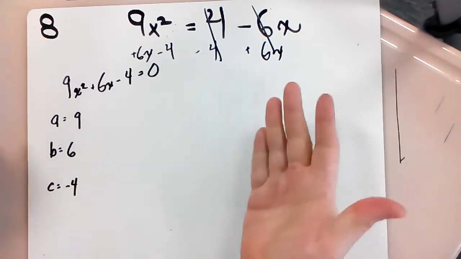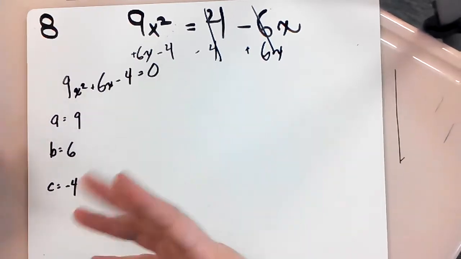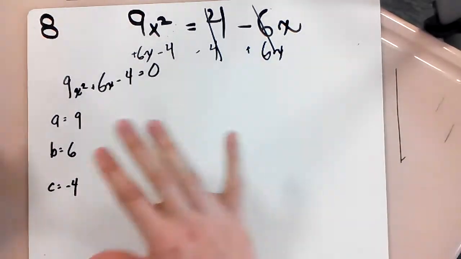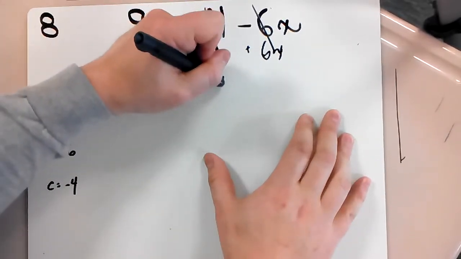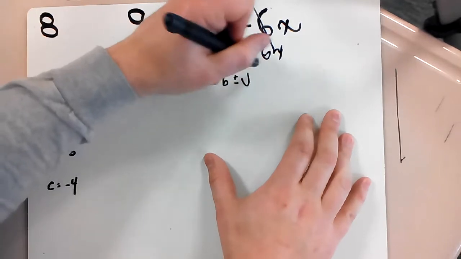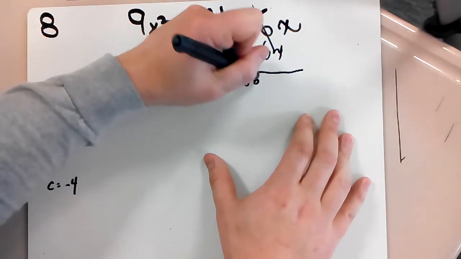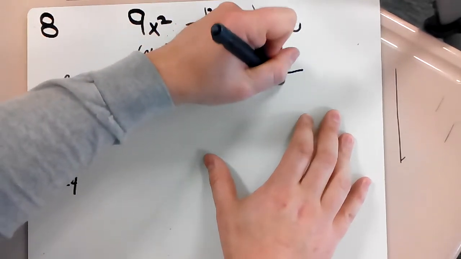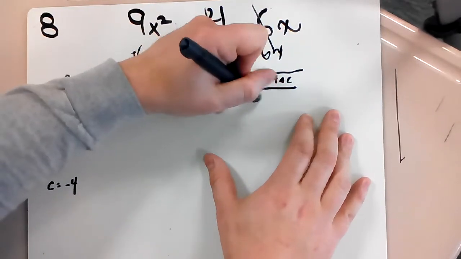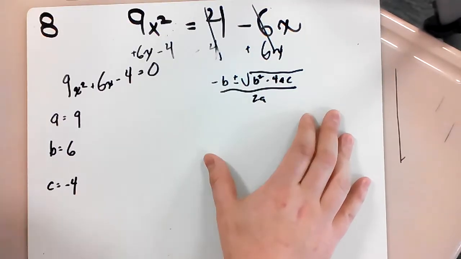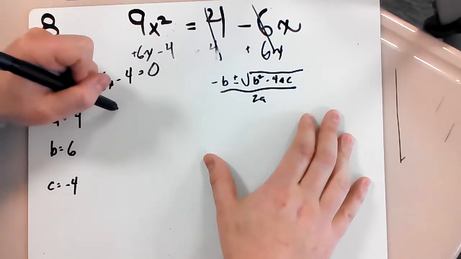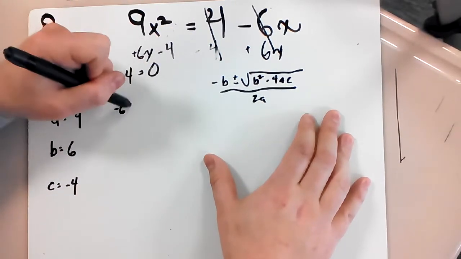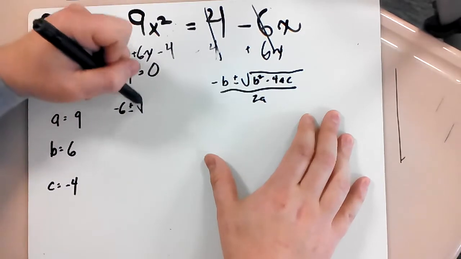And now, knowing that it's not factorable, I checked that already, I'm going to plug that into the quadratic formula. Like I said before, I always like to write it out. It helps me plug it in. So that's 4ac over 2a. It saves me from making an error. So now I have negative 6. I'm going to write it over here. I think I'm going to run out of room, to be honest. Negative 6 plus or minus